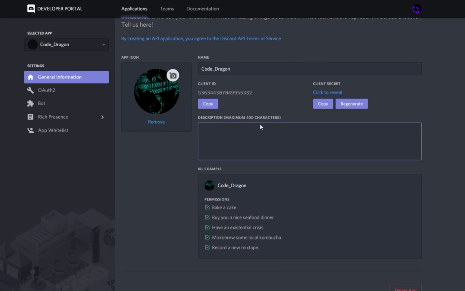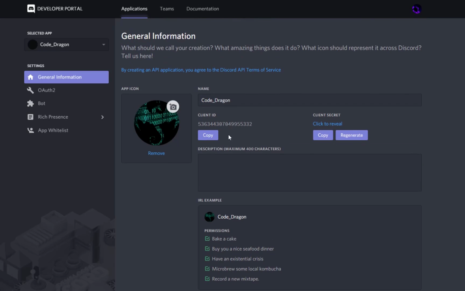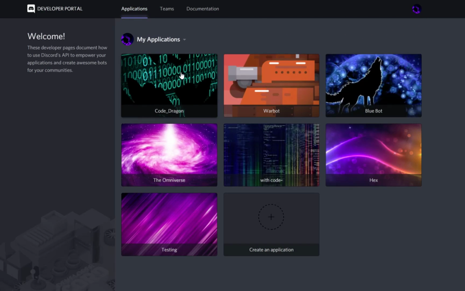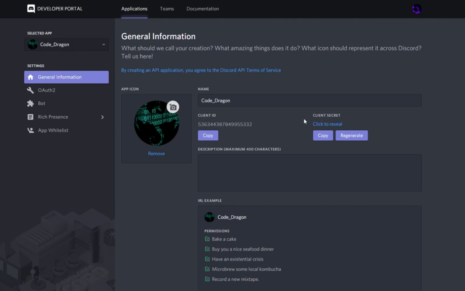And call it whatever you want. The description doesn't matter. No one's actually going to see it really. And this is called an application. So if you go back to applications, you'll see that it has appeared. But this isn't a bot user yet. To get a bot user,